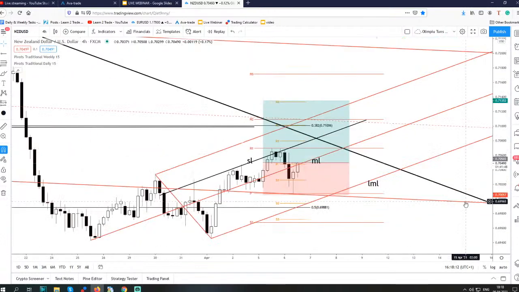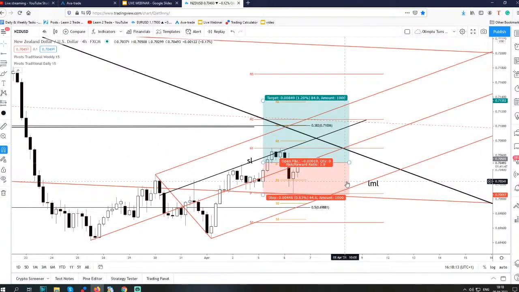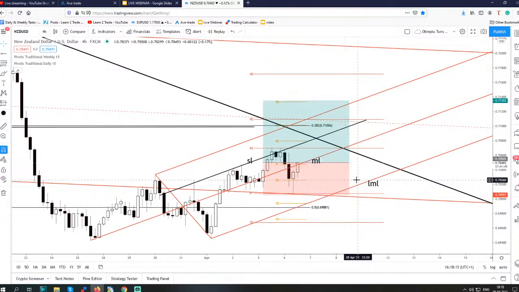So we had here a false breakdown with great separation below the daily support, below S1. So we should keep the position open,